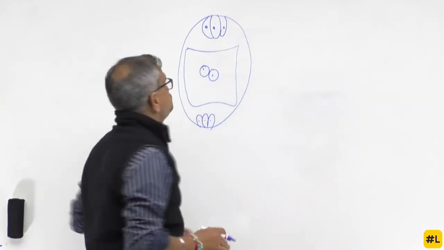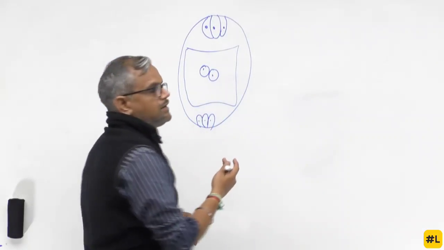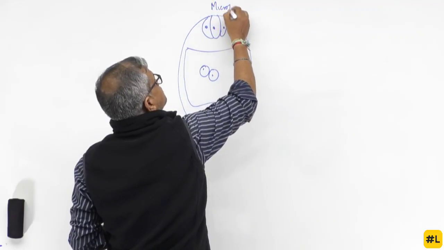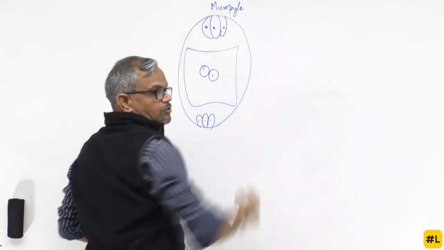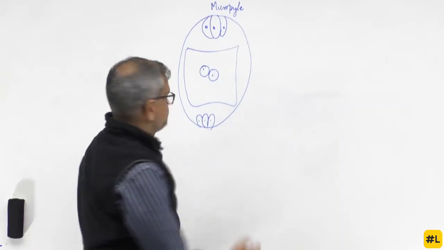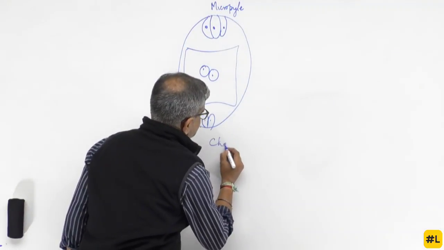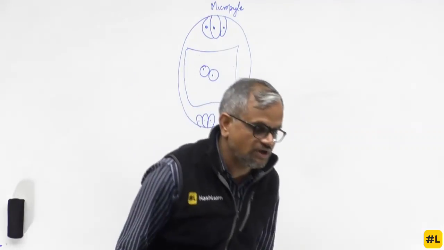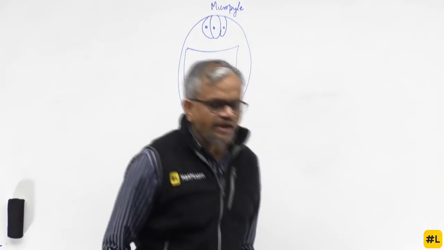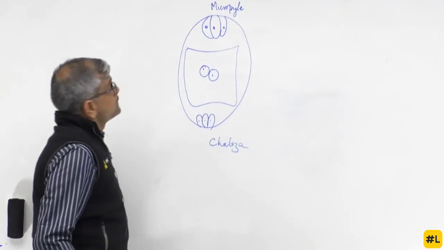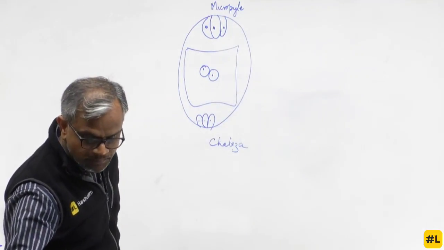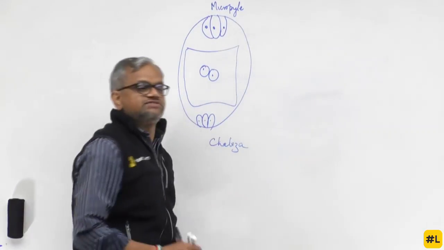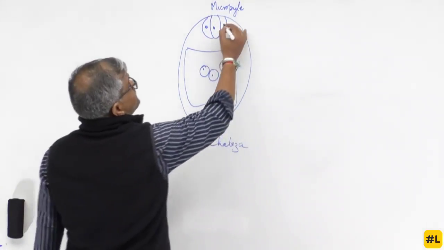This is the micropyle. This region is called the chalaza. When I say micropyle or chalaza, the most important thing to remember is, here 3